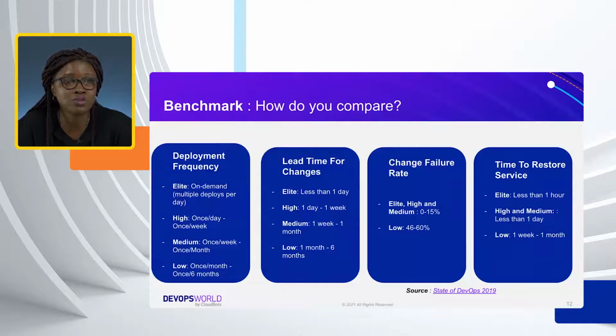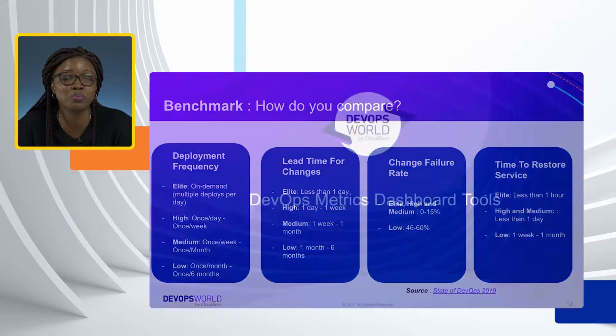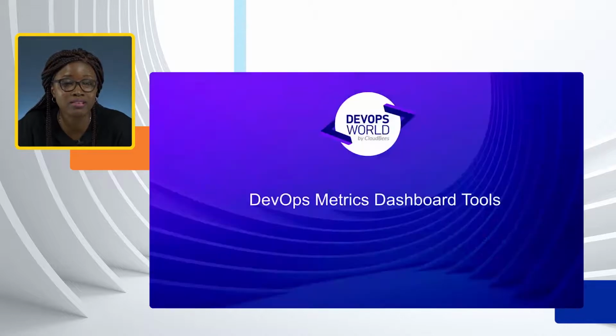How often do you deploy to production? How long does it take you to restore when there's a failure? What percentage of your deployments cause failure in production? It depends. Anywhere you are on this ladder, you can always improve upon it, plan around it, and then make it better. So now we'll look at the different tools that you can use to get your metrics on your dashboard, so as to help you know where you are and where you would like to be